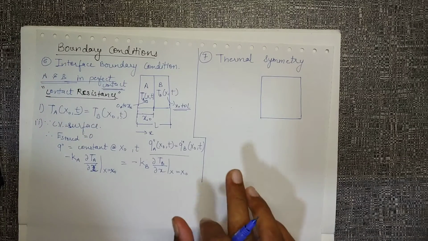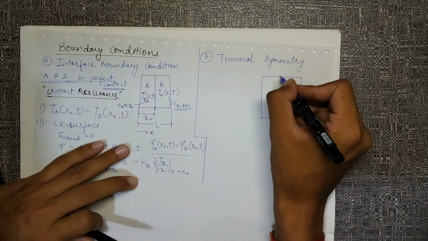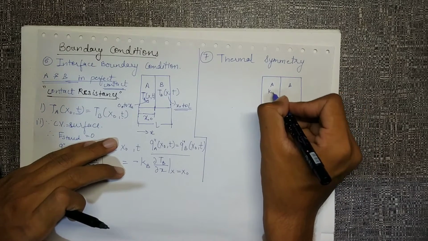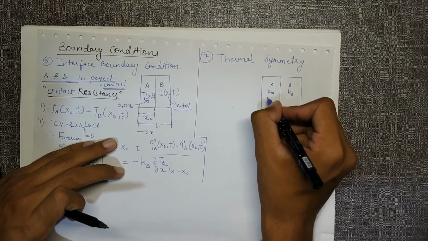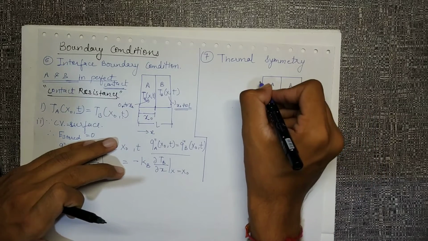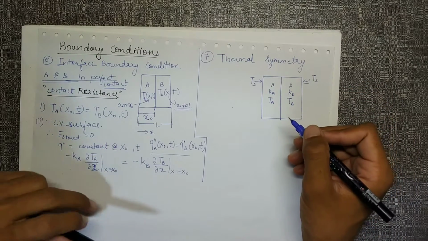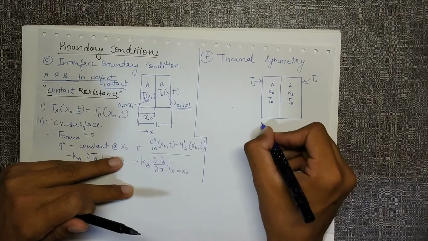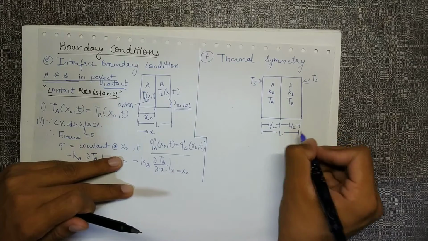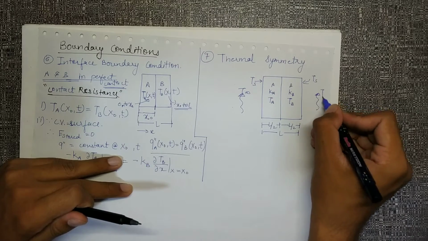Now let's look over here also. My wall, there are two walls, A and B. This has conductivity Ka, this has conductivity Kb. The temperatures will be represented as Ta here and Tb here. And let's assume the surface has temperature Ts on both sides, or it can be different also, it doesn't matter. And this is L by 2, this is another L by 2, this is completely L obviously. And there is a fluid moving which has an upstream temperature of T infinity.